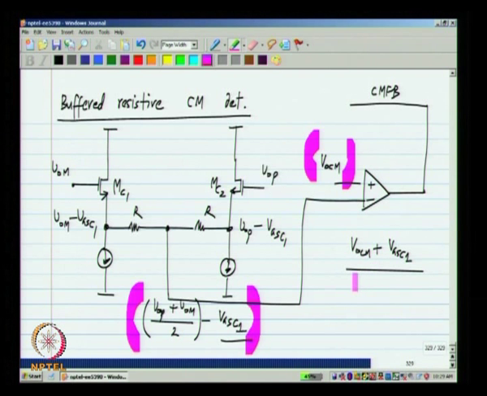So, you would in general like to avoid something like this where you have the output common mode voltage dependent on some VGS that depends in turn on process variations. Now, this kind of situation occurs very commonly in IC design as well. You will have to deal with some quantities which in principle can be calculated, but because the parameters of the MOS transistors vary across process and temperature, these numbers also vary quite a lot. Now, a very common technique in IC design to counter these is to exploit matching.